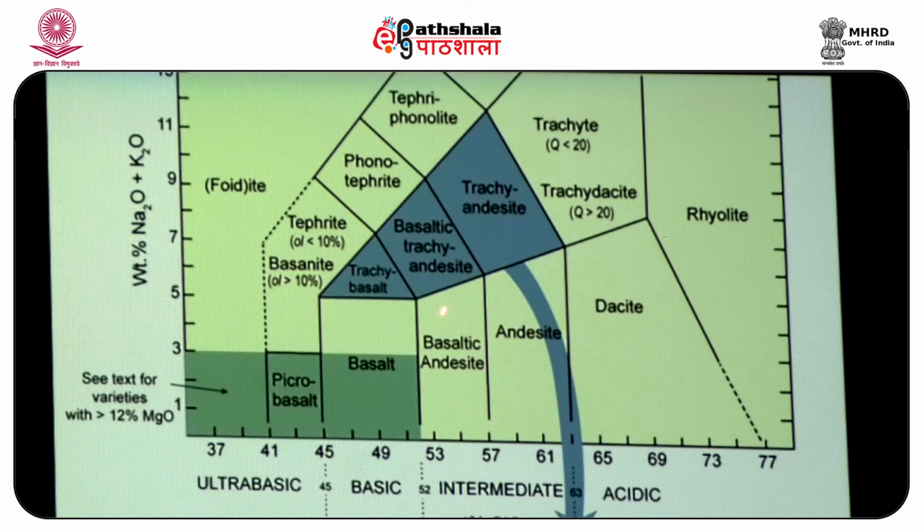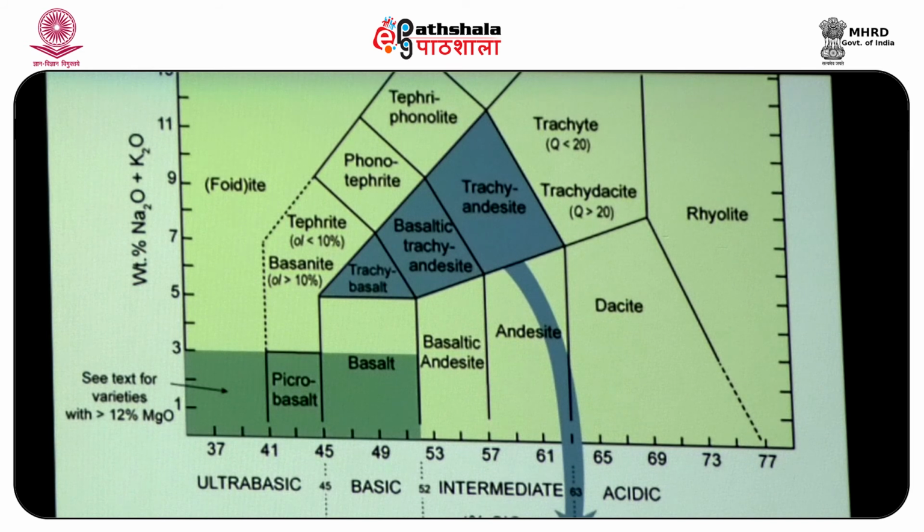When it increases, it is known as basaltic andesite, when it has silica percentage from 52 to 57%. Then it is called andesite when it is between 57 and 63% silica, and it has much higher, up to 5-6%, of Na2O